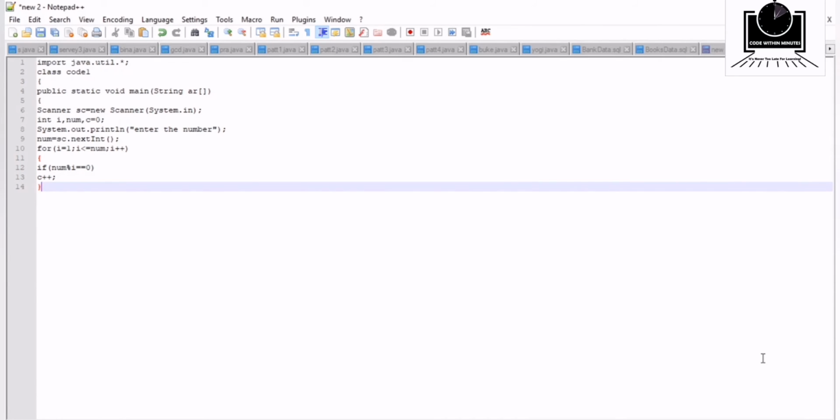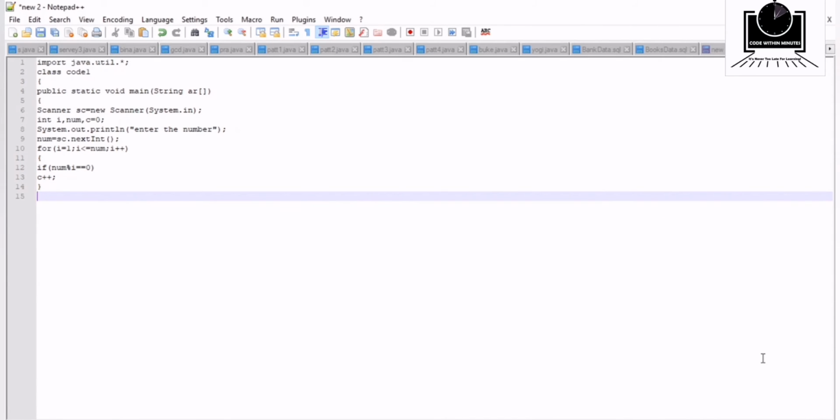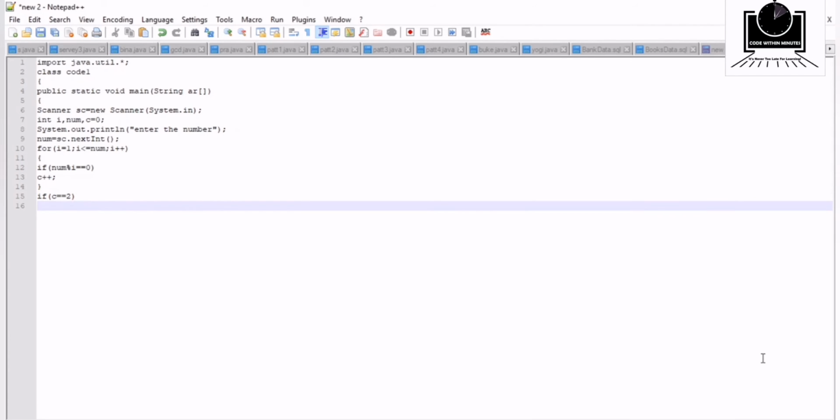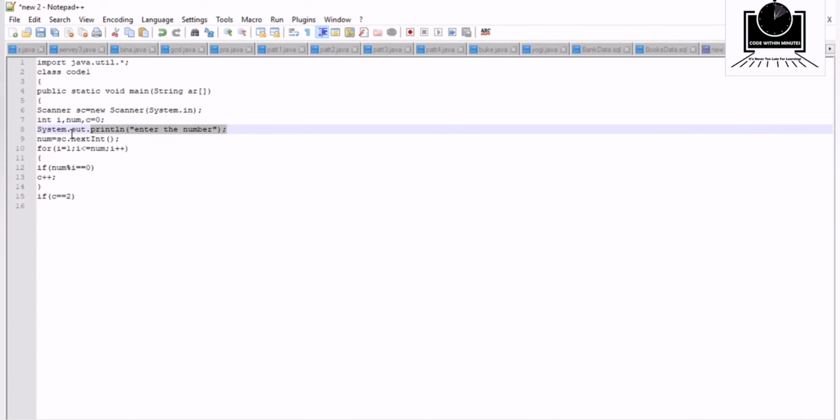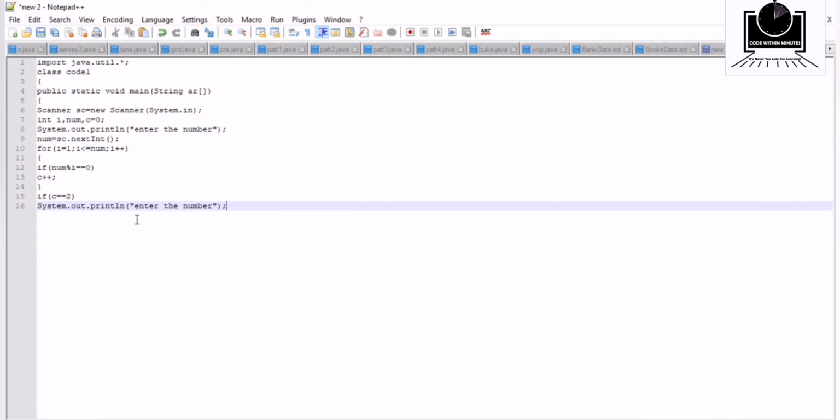After that we have to check whether the counter variable is equal to 2 or not. If the number is completely divisible by two natural numbers, then it is a prime number. Then we have to print that it is a prime number, or else it is not a prime number.